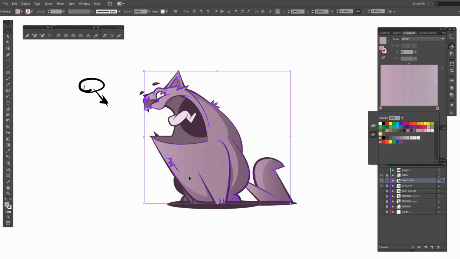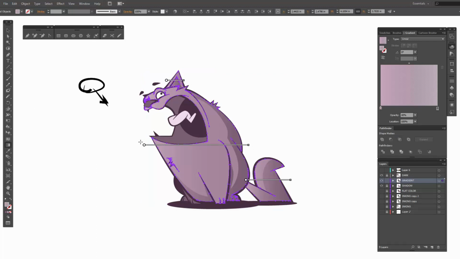Now you can always just come in and use our gradient tool. And now I can start modifying each one of these. Now the more I pull this over, the more the opaque color, so my light purple is opaque. This one is a little bit more transparent. So this is where we have kind of those harsh lines. If I wanted to come in and change our dark to something more opaque, if you will, less transparent, these little cast shadows that we were drawing are going to be less and